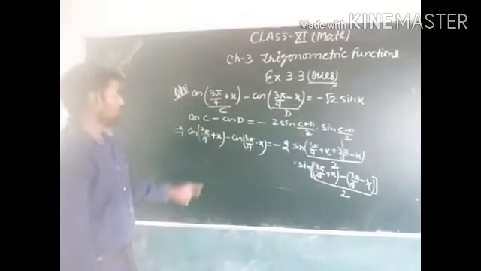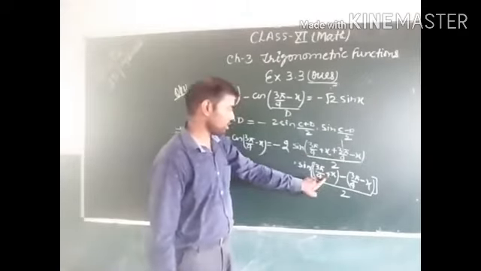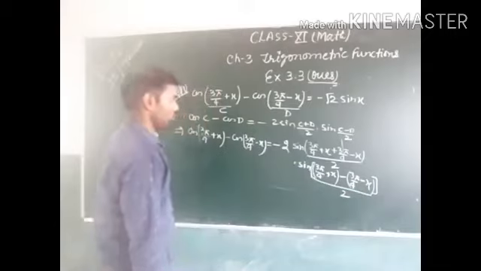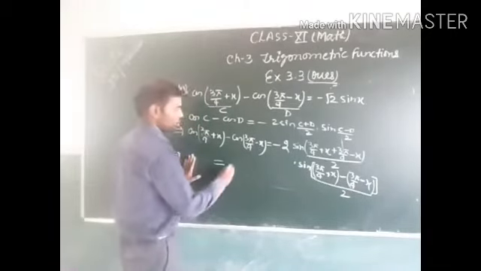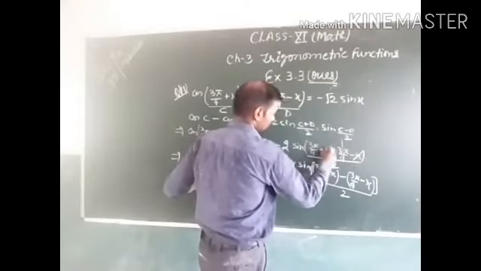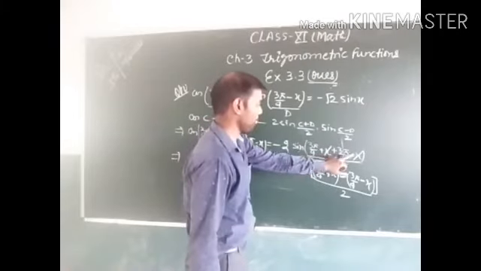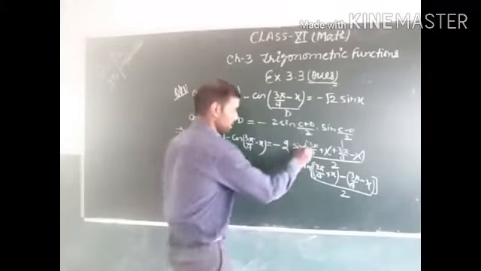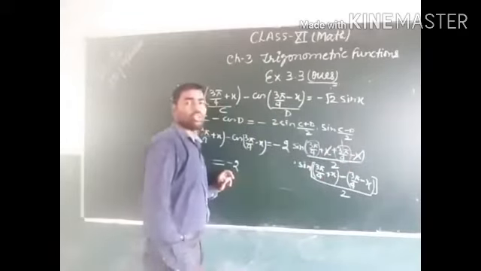So we take c and d. This is c plus d and this is c minus d. Now we solve this whole part here. This is equal to minus 2 plus x and minus x. This cancels out, and 3 pi by 4 plus 3 pi by 4. It means this is x and this is x. It means x plus x is equal to 2x.